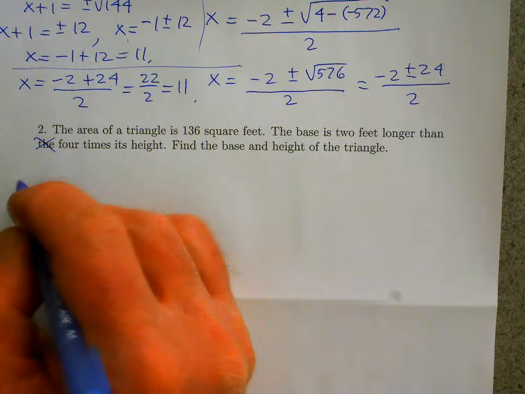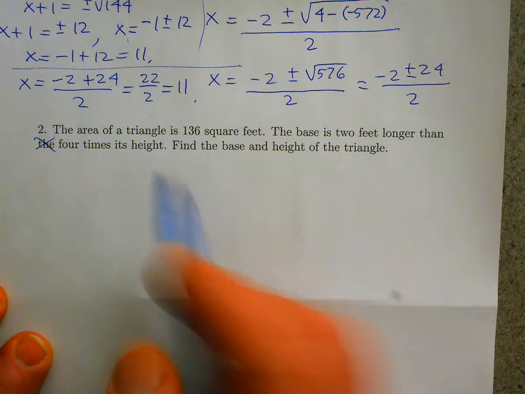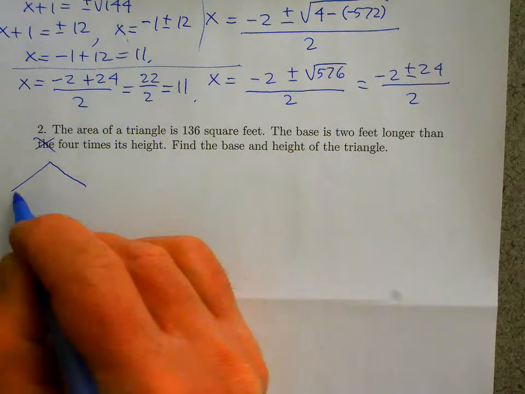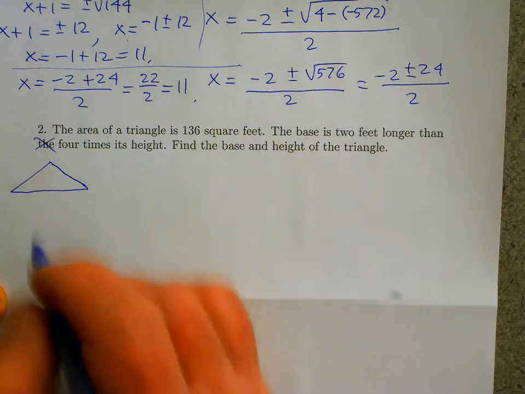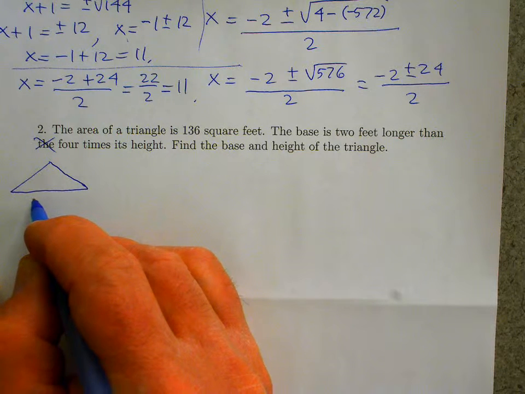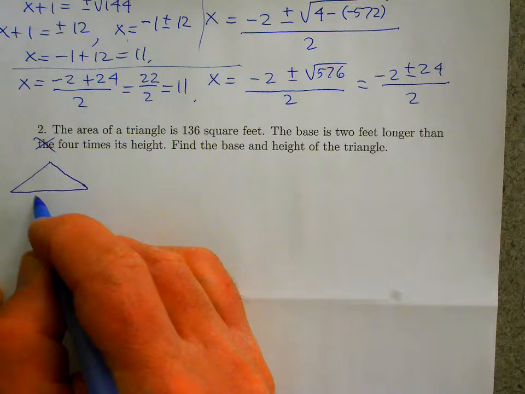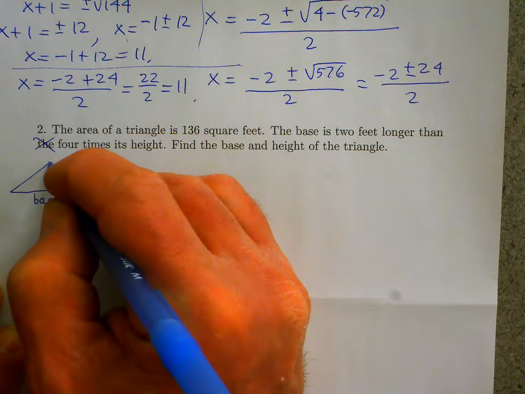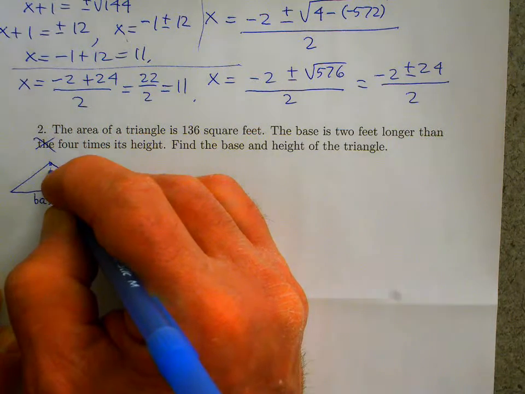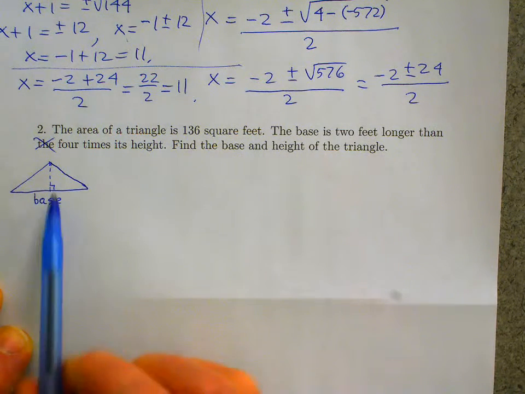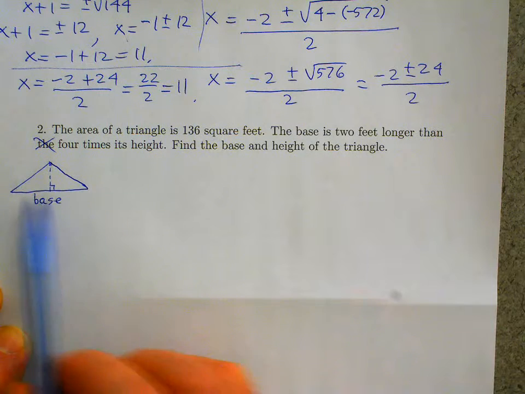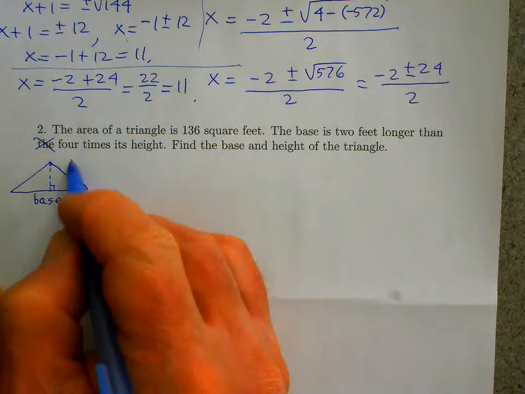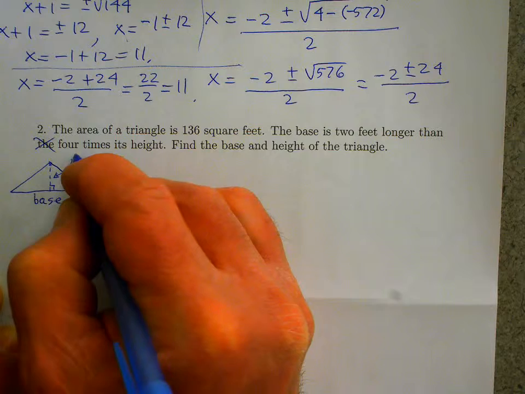Okay, so we need to know the formula for the area of any triangle. So any triangle whatsoever, I'll just draw a triangle. So every triangle has 3 sets of bases and heights. So one set, if we refer to the length of this side as the base, then if we construct a line segment from the vertex opposite of the base so that that line segment is perpendicular to the base, then that line segment is the height